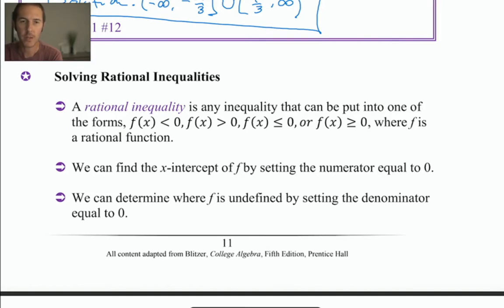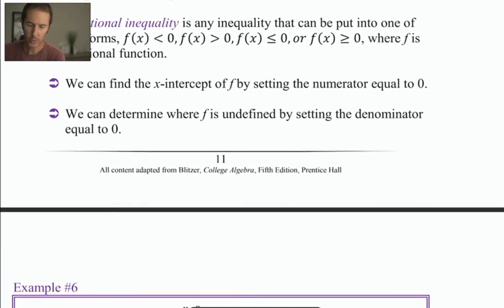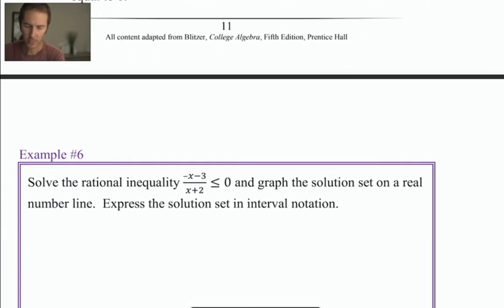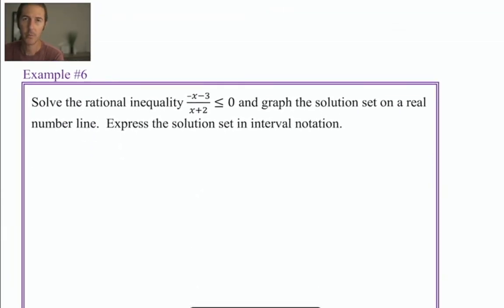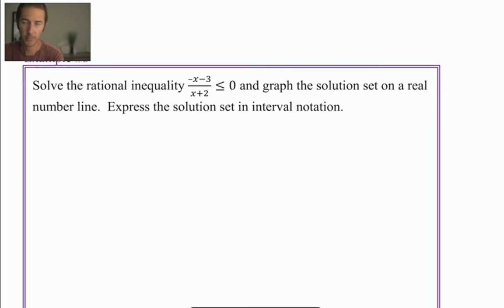We are going to set it equal to 0 in order to find our x-intercepts, but we're also going to determine the x values that would cause the denominator to equal 0. That's going to be an x value where our function is undefined, because division by 0 returns a value that's undefined. And we will use those x values in order to chop up our number line, just like we did in the previous problem,